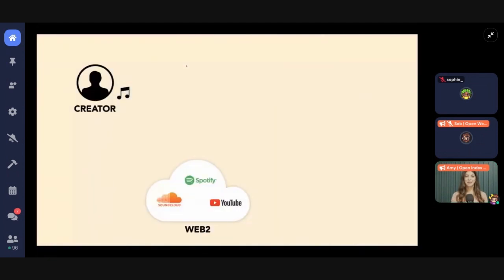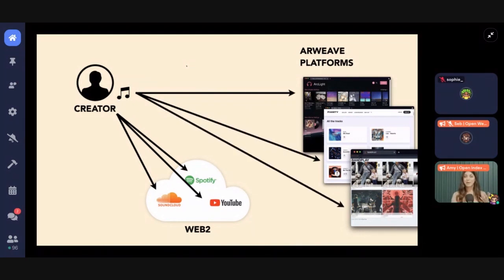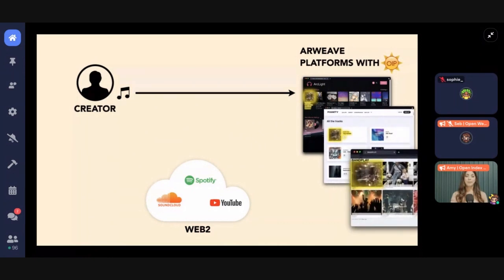To demonstrate the power of Open Index Protocol for Arweave, we'll walk through this wireframe. On Web 2, a creator has to publish content to each different silo. And right now, it's the same on Arweave. We're using music in this example, but it really can be any kind of data. So with Open Index Protocol, a creator can publish a single copy of content, and other platforms can display and sell it for them. And app developers can share content libraries without even knowing about each other.